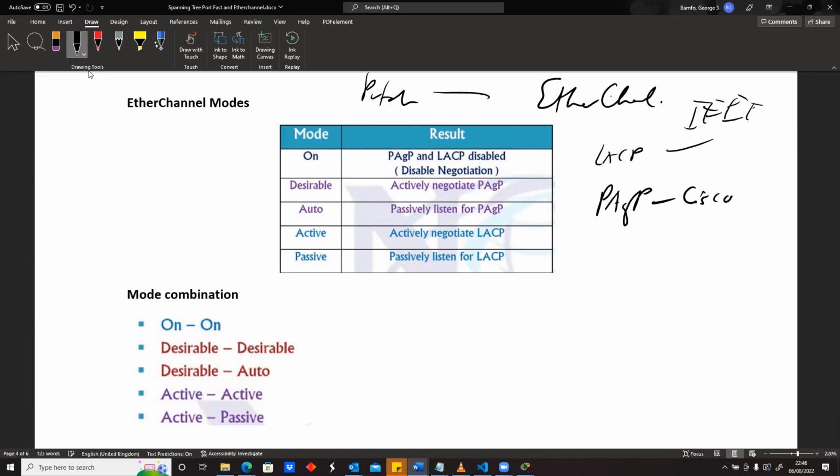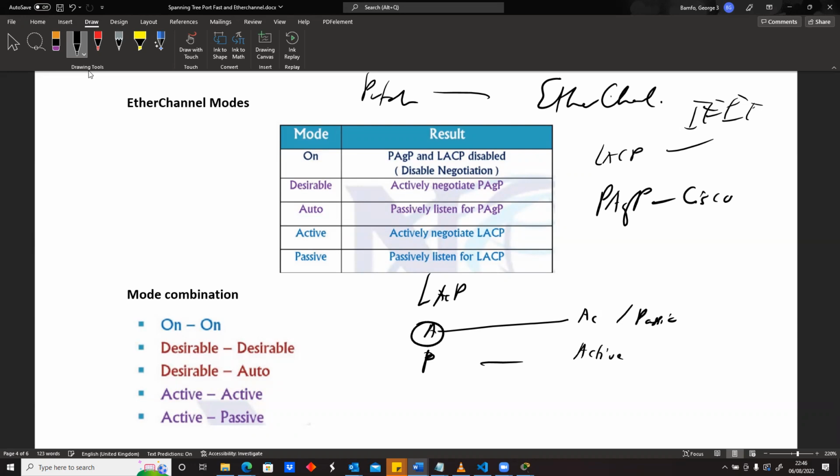And so you cannot mix the protocols. If we go in with LACP, the only thing we could do is active and passive. If we're doing active on one side, we have to do active or passive on the other side. If we're doing passive on one side, we can only do active on the other side, because passive with passive will not work out. So the idea behind EtherChannel is that you have to make sure the protocols are the same, but also you need to look at the combination.